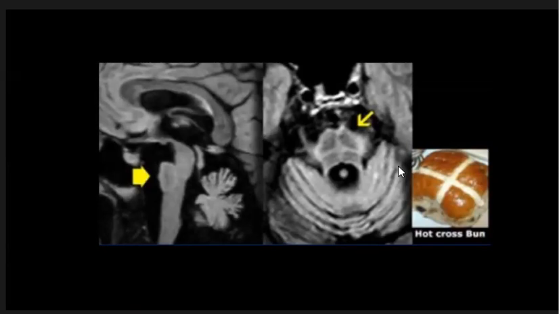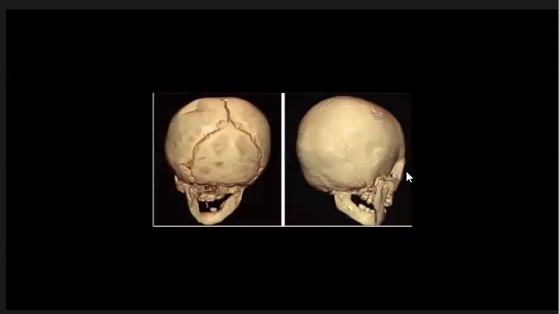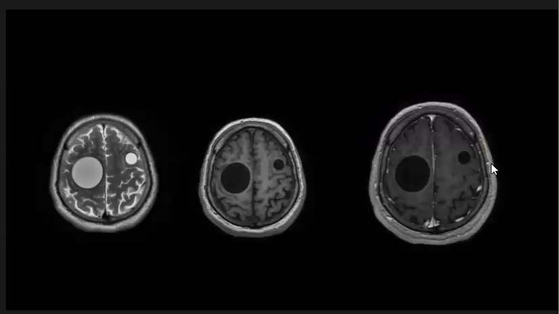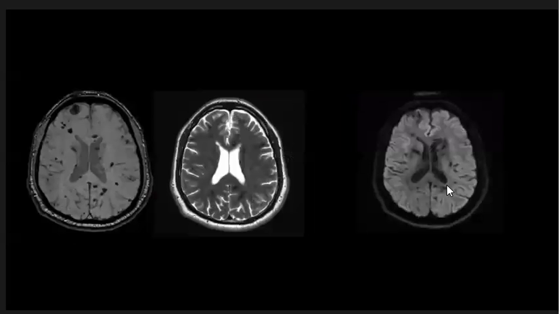Patient with multi-system atrophy with hot cross bun sign, as we see here, depressed fracture on the right side, hydatid cyst bilaterally in both cerebral hemispheres, multiple nodular foci of cavernomas involving both cerebral hemispheres,